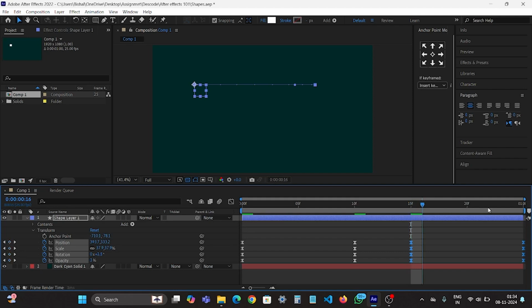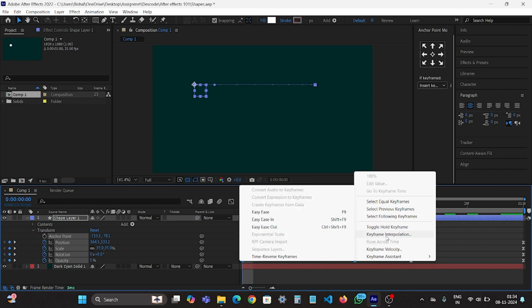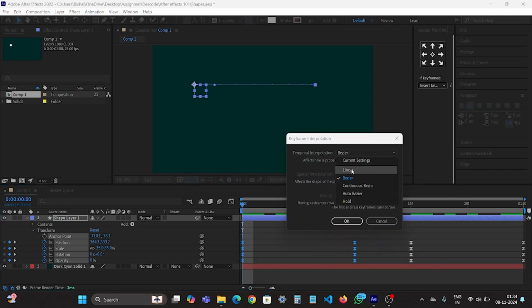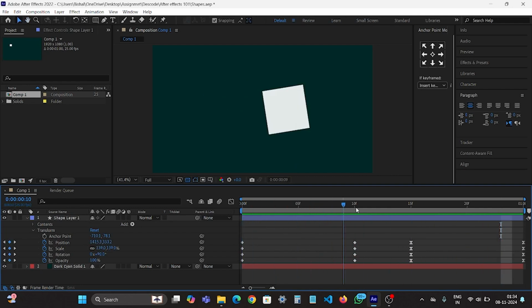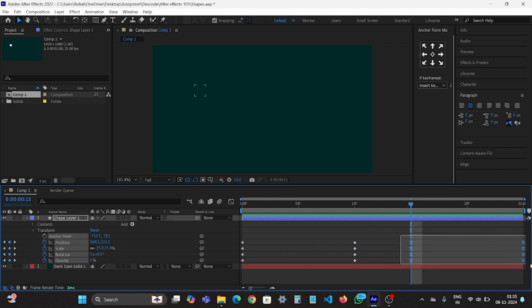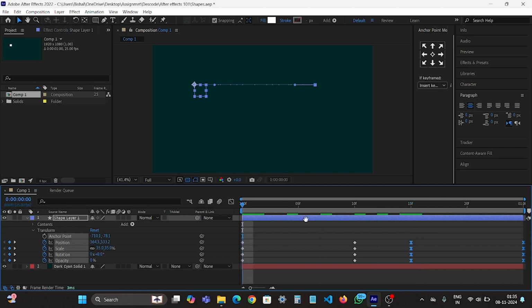Okay, I have copied and pasted all those keyframes, and let's make those. What do we have to do? Keyframe interpolation, linear. Now you can see this is how the animation is being done the first time. Okay, and then let's just change the keyframe time, reverse it. Okay, see,